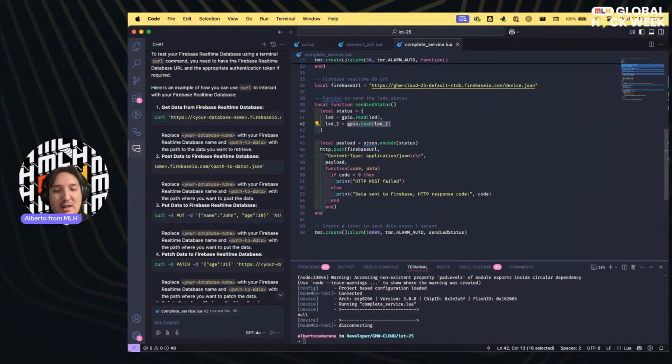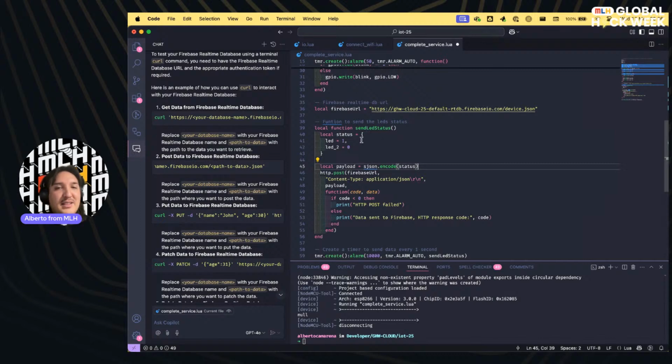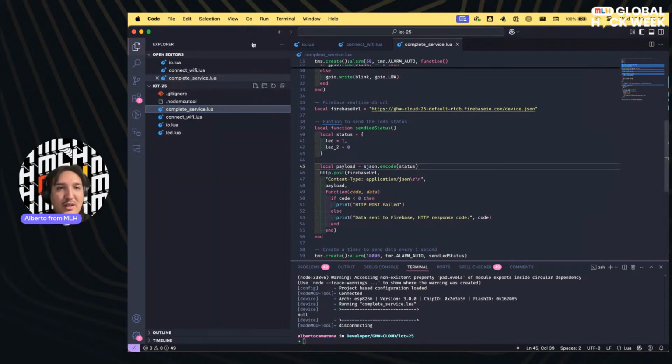So I'm going to say 0 and 1 every time. Okay, I'll try to test this in another file, like the one we did with the connect to Wi-Fi Lua. So I'm going to say send HTTP dot Lua,